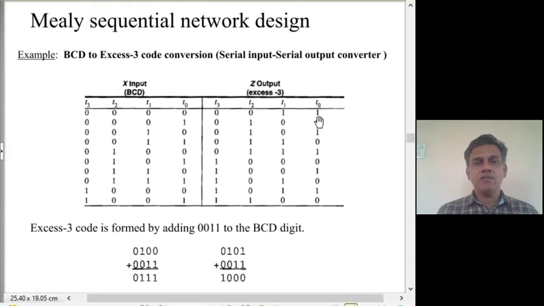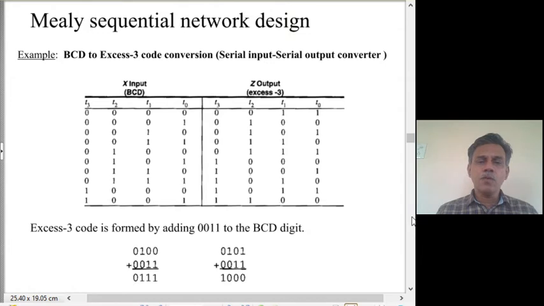At the end of the first clock period, in the second clock period, that is T1, X1 will be fed while we expect Z1 to come out. Then X2 will be fed at the time T2 while we expect Z2 to come out. And in the fourth clock period, that is T3, X3 will be fed and Z3 will be expected to come out. So this is how we expect the machine to work. Then the question is, how do we make this happen?